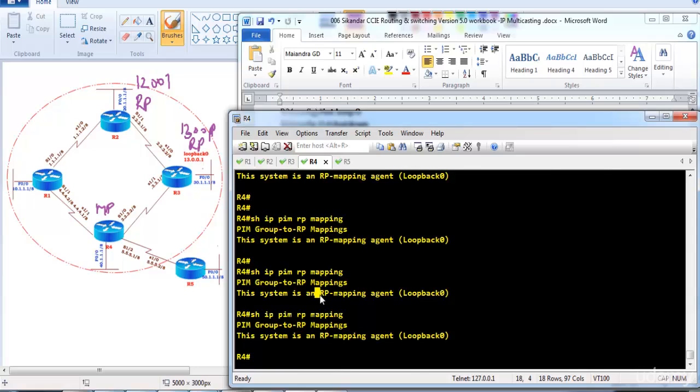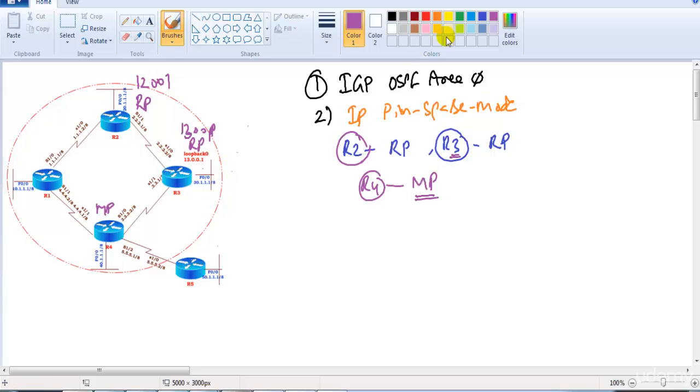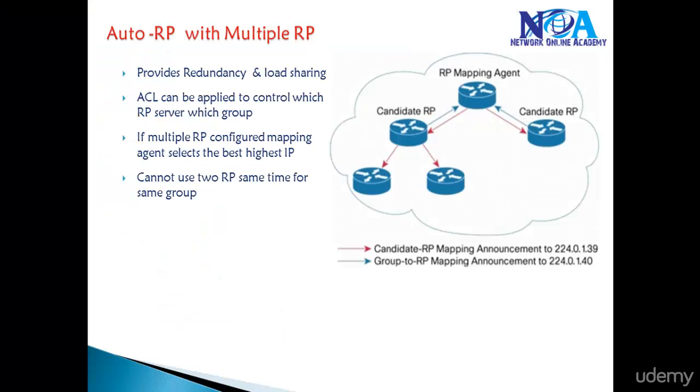Now here, if you try to see, I'm not learning the RP information because I forgot one command to configure, that is PIM Auto RP listener. I just forgot this command. I thought I configured that, because if you get back to the previous videos, we have seen that